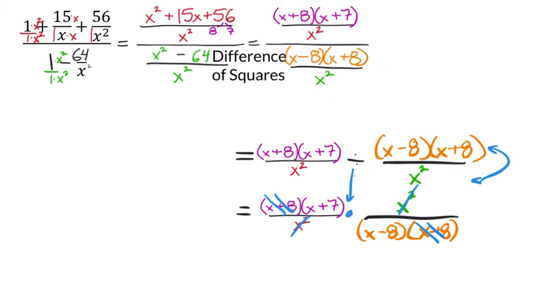So I'm going to have to rewrite this, but by taking away all the phantom ones, I should end up with an individual fraction. So I see I've got that x plus 7 in parentheses there, in purple, in the numerator, and then all that I see left in the denominator is the x minus 8 in parentheses as well. Okay. Now I'll clean this up because I can. I don't really want to see those parentheses. It just looks a little better without them. And this right here is my final expression,